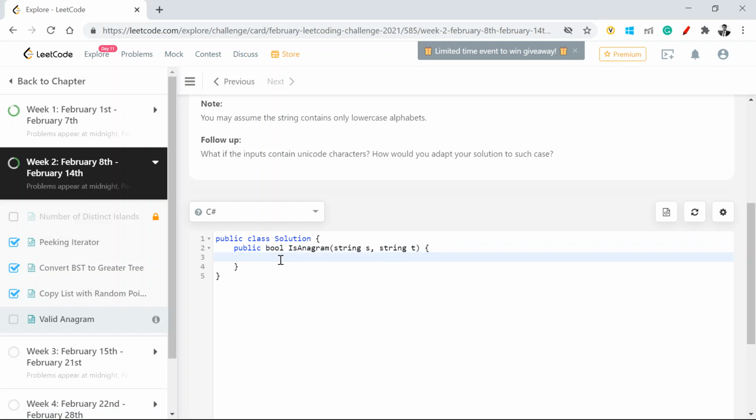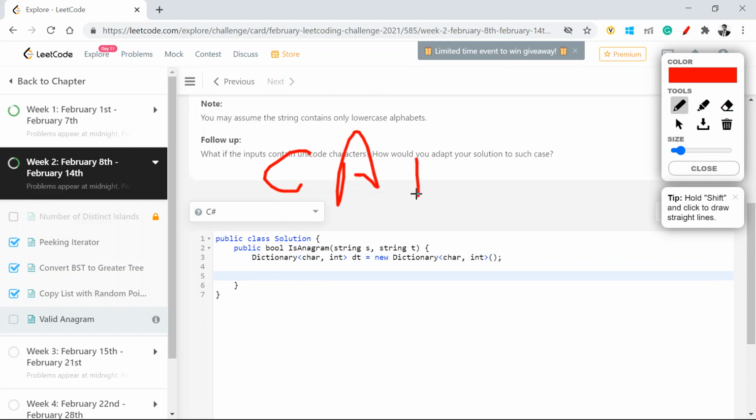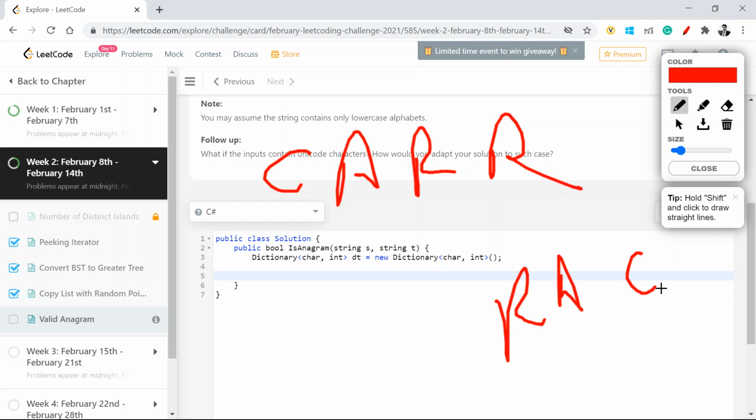Now, how to calculate this number of characters? We are going to use a dictionary. In a way, what I mean by that is it will be your hash map. Now, what I'm trying to say here is, say I'm looking at the list of counts of a given string, say my string is CARR, and say my target is RACR. This is an anagram.